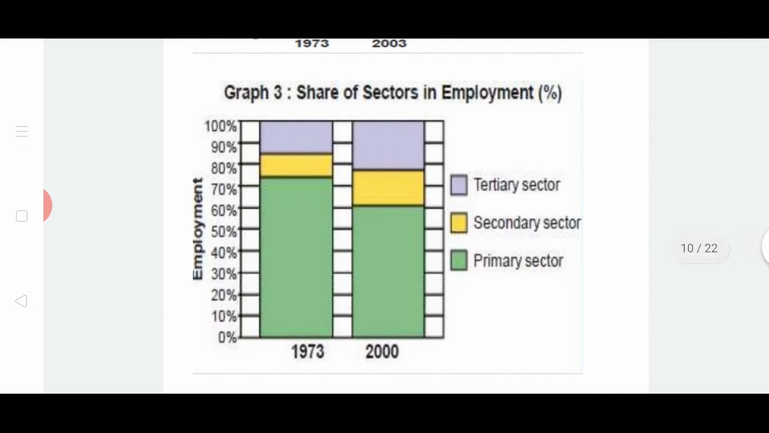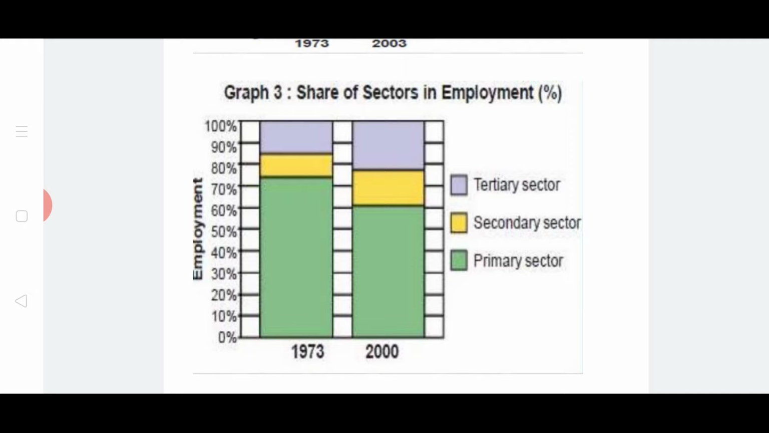Here we can see the contribution or share of sectors in employment percentage, if you want to see the role of different sectors. Here in 1973 there was more employment in the agriculture sector. We can say that the contribution to GDP is less for the agriculture sector, but if we see in terms of employment,